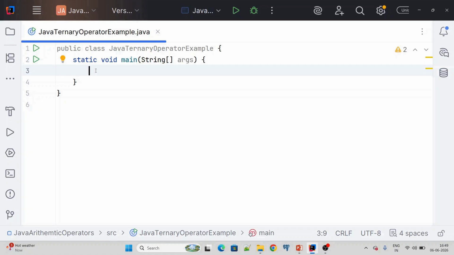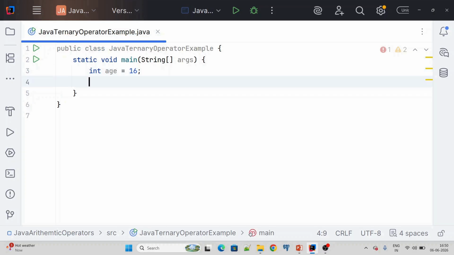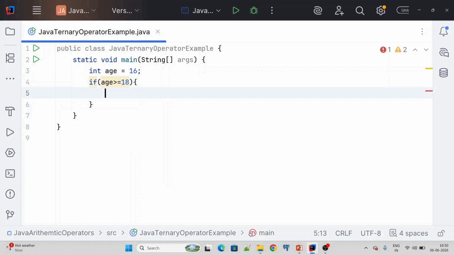In India, we all know that if you have completed 18 years of age, then only are we eligible to vote. For that, the traditional way of writing the if else statement before using the ternary operator was as below. First we have age as 16, and then we compare the condition: age is greater than or equal to 18, which means we are eligible to vote. System.out.println